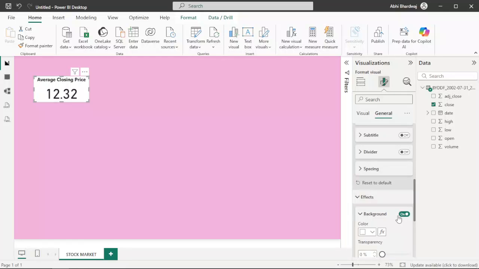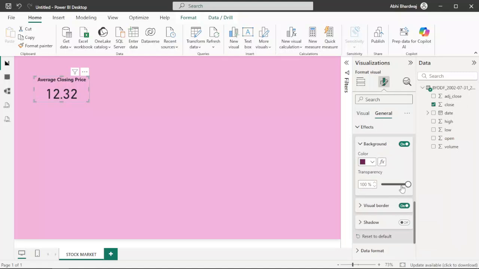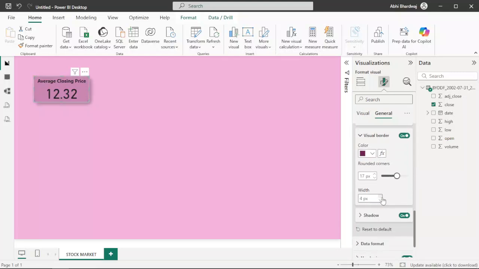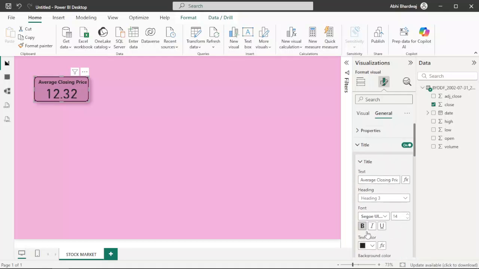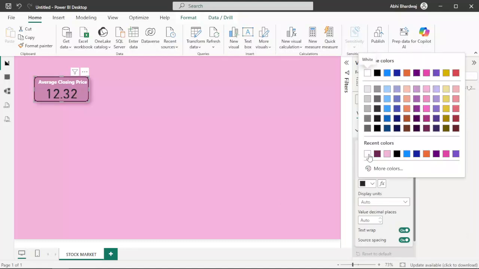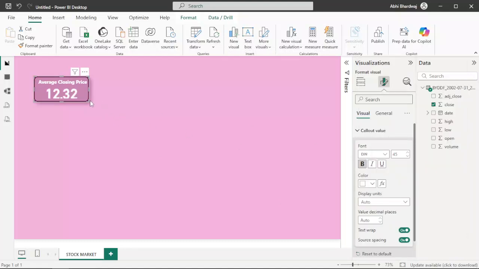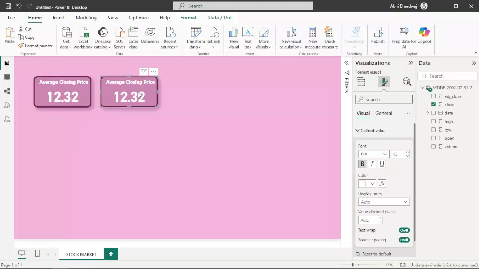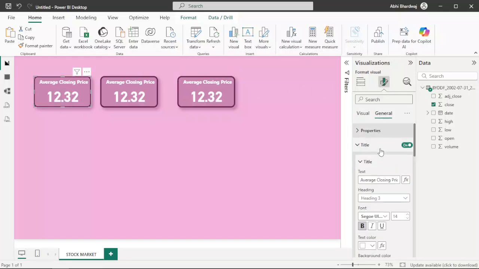Okay. And let's add some effects. Visual border on. Okay. Keeping it white, keeping it bold. Perfect. So now let's just copy the same design. Okay. Let's